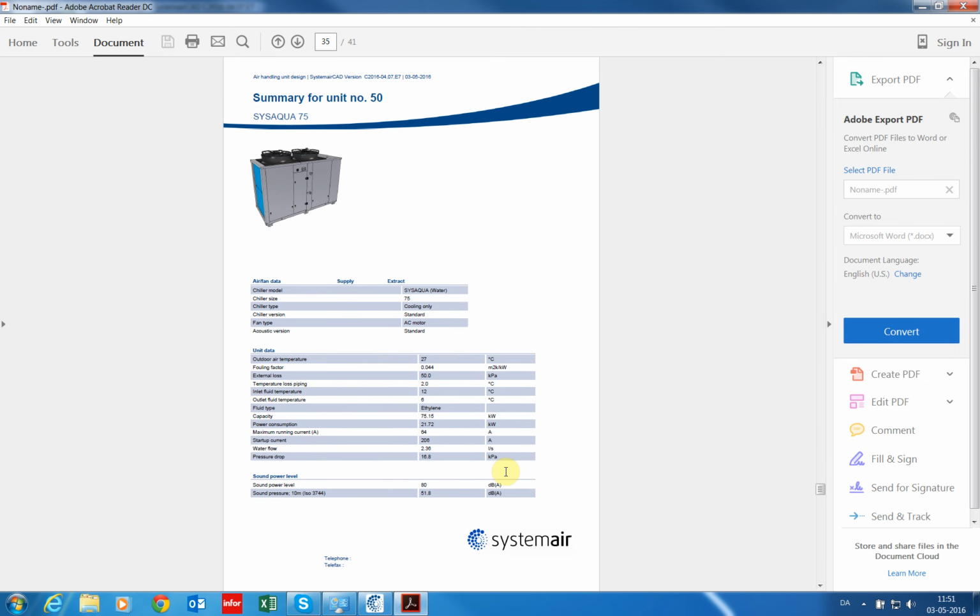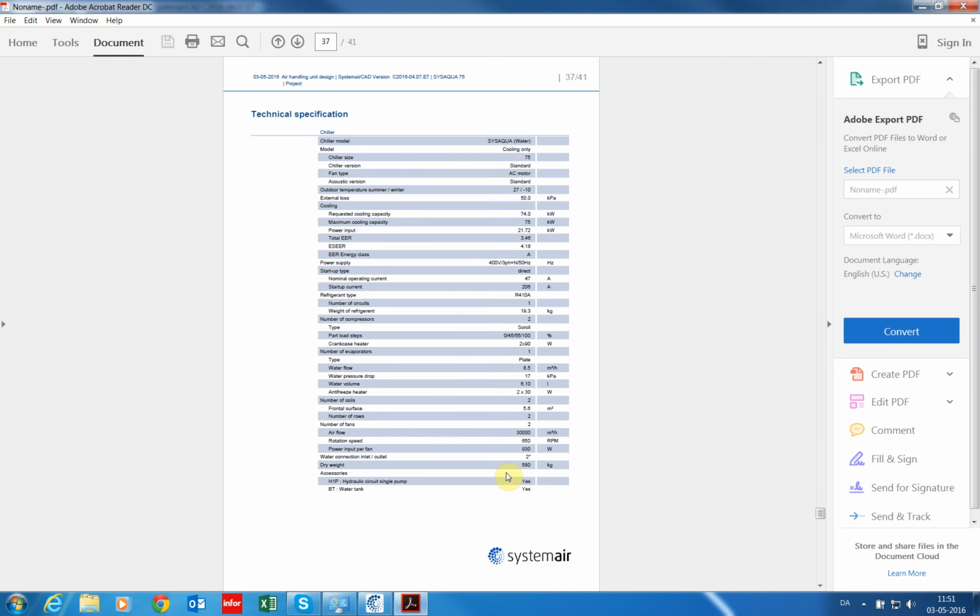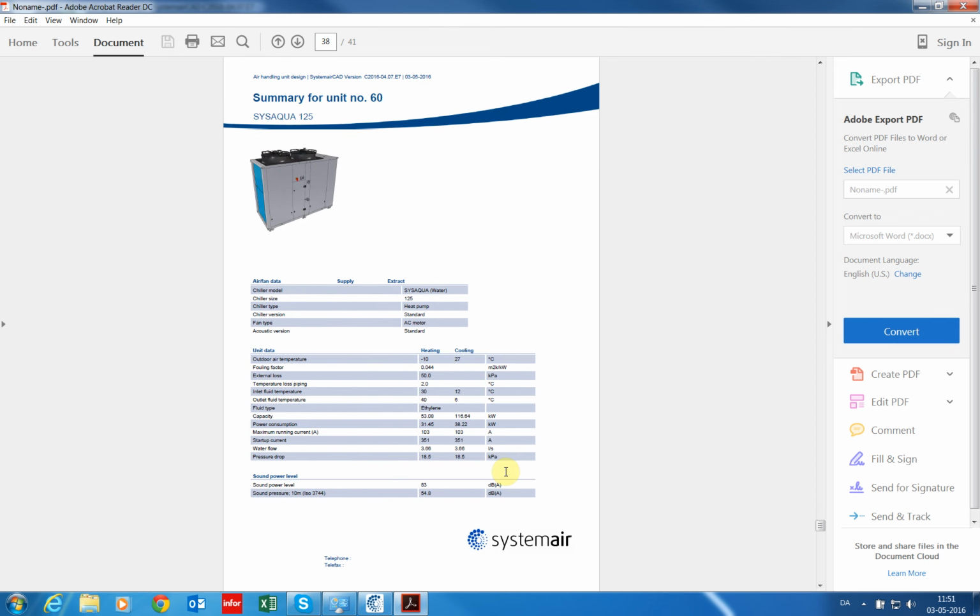See, here we have the first chiller, SysAqua 75. Front page, drawing and detailed specification. And chiller number 2, a SysAqua 125.